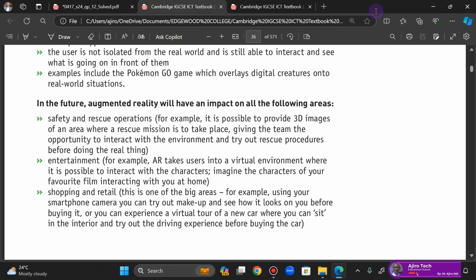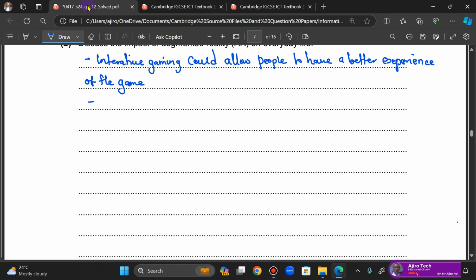So let me pick something from here. It allows for rescue and safety operations,